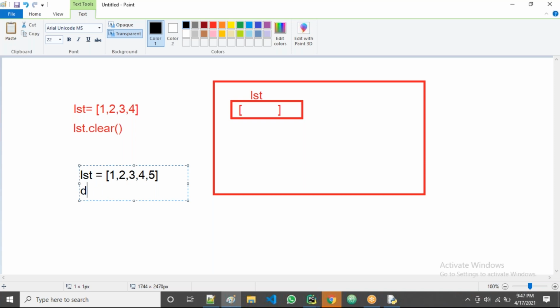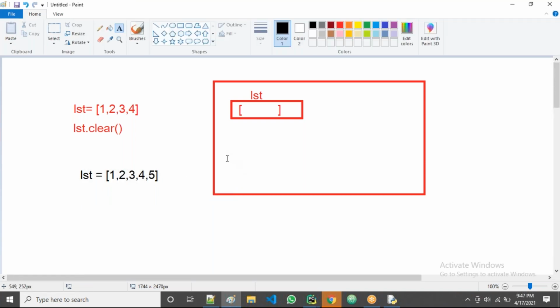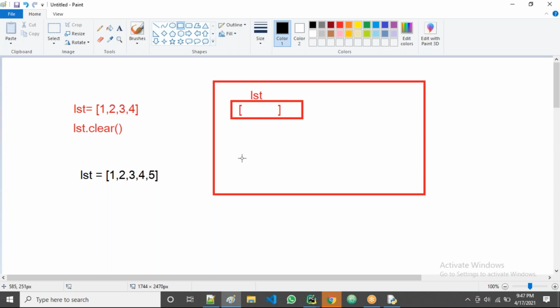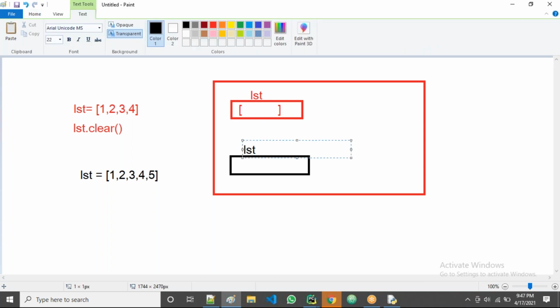When I run this, in memory the list is created, 1, 2, 3, 4, 5, like this.